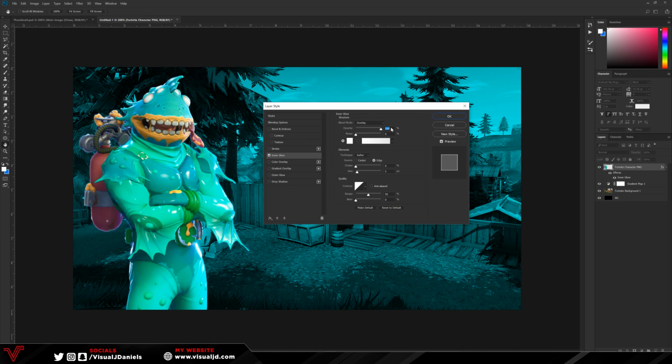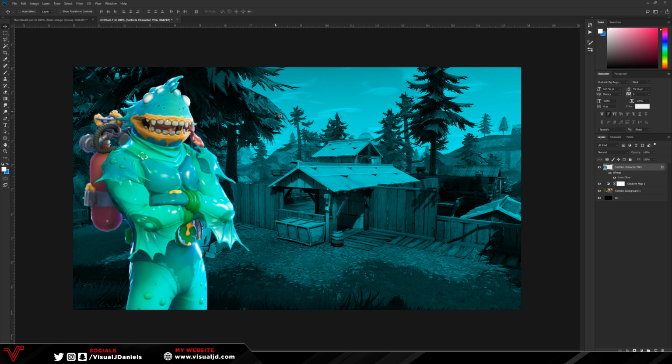This will make it either brighter or darker, so I'm going to put mine on around about 72. Of course, it does depend on what character you are using. If I hide it here, you can see it adds a nice glow when I do enable it. So I'm going to mess around with the sizing here. We're going to put this on around about, let's say like 10. I think that's a good size, and the blend mode is on overlay, and we can press OK once we